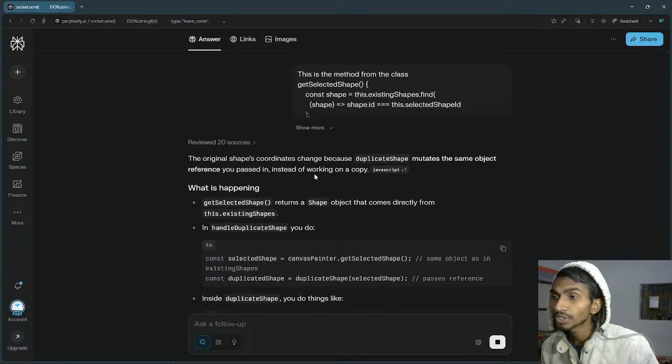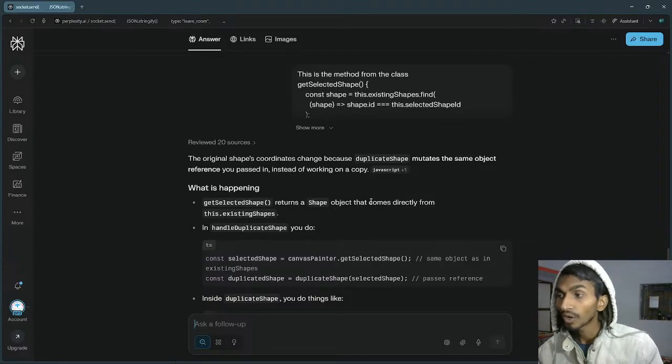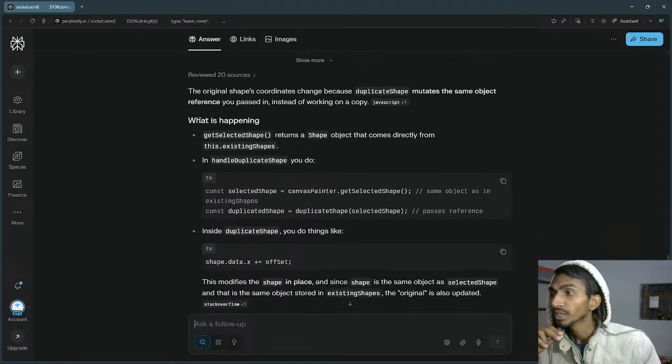The original shape's coordinates change because duplicate shape mutates the same object reference you passed in instead of working on a copy. That is what I got the idea, but I wasn't getting it to solve it. So what is happening? Get selected shape returns a shape object that comes directly from the existing shapes. In handle duplicate shape, you do